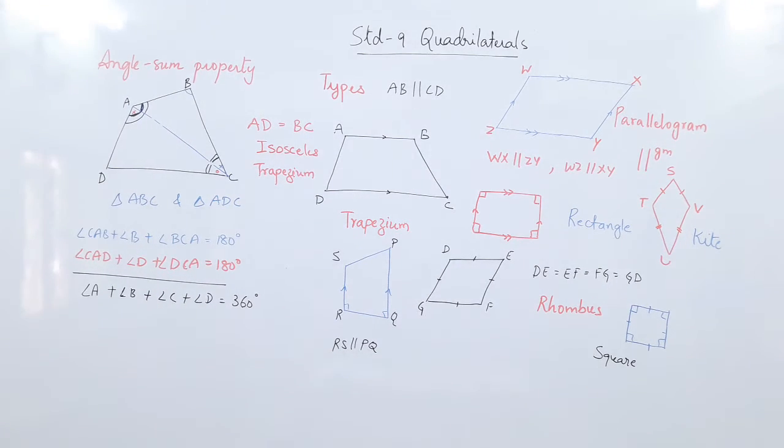Now in the further lectures, we are going to understand the properties of each of these separately. We are going to understand the trapezium separately, the parallelogram separately, the rectangle separately, the rhombus separately, the square separately, and the kite separately. Look at this video 1 or 2 times if the need arises and learn the name of each one properly. After we are done with this, we will move on to the next topic.